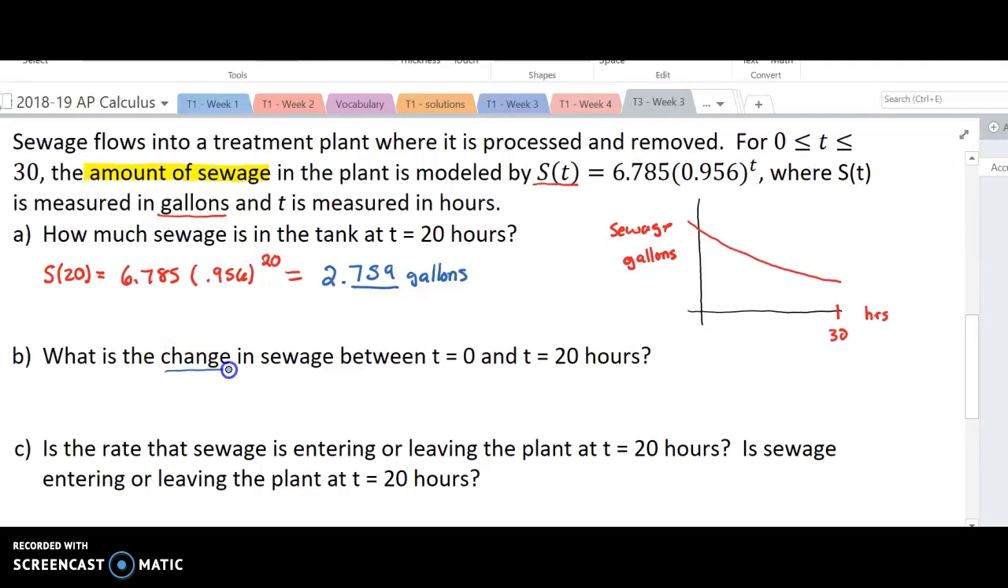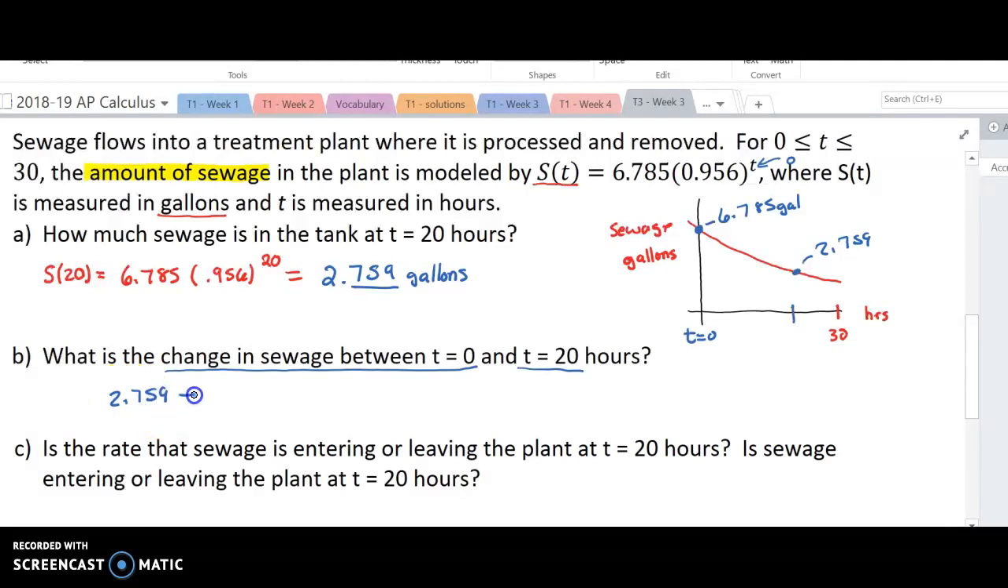What is the change in sewage between 0 and 20? Well, we're starting with whatever this value is at t equals 0, and I plug a 0 in here. This is 1, so this is really 6.785 gallons. And at 20 hours, we previously determined that this was 2.759, so the change will just be